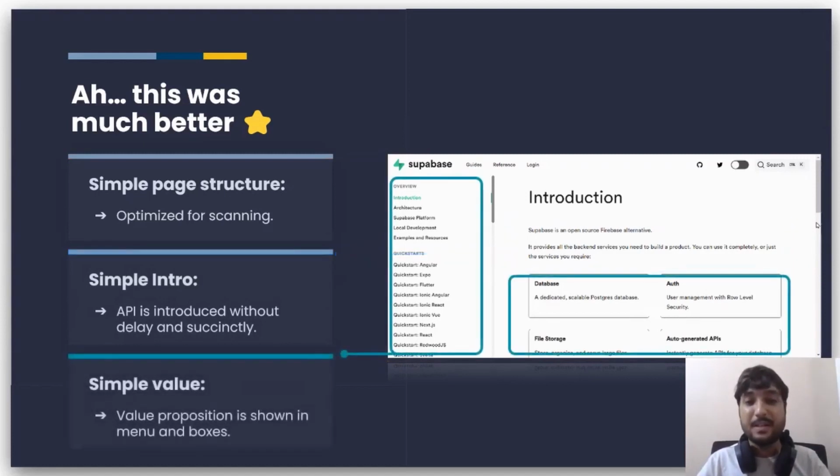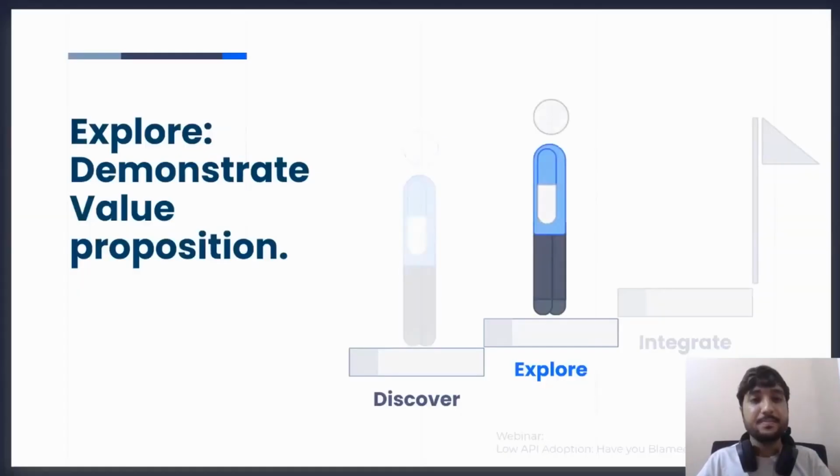And then you have a very simple value proposition demonstrated through these boxes where they're telling that this API can do databases, it can do auth, it can do file storage, but it's not going into detail, it's just mentioning them. But the design of the portal, the base structure, the simplicity of this design is all contributing towards helping the user grab the value that this API is going to bring to them when they start using it. So let's say that you have managed to keep the user engaged through the discover